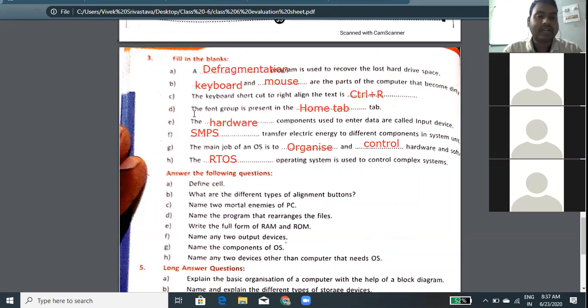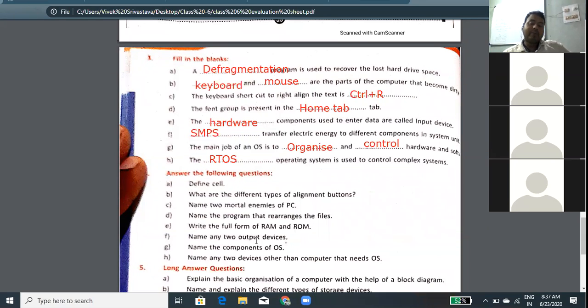Now this one is completed. You have to write this one, define cell. What are the different types of the alignment buttons? There are 4 types of the alignment buttons: left, right, center, and justify. Name 2 moral enemies of the PC: moist and dust. Name the program that rearranges the files: defragmentation. Write the full form of RAM and ROM. Random access memory, and ROM is the read-only memory.